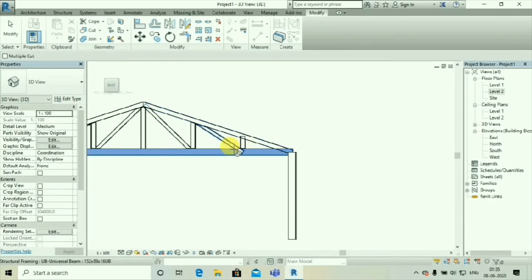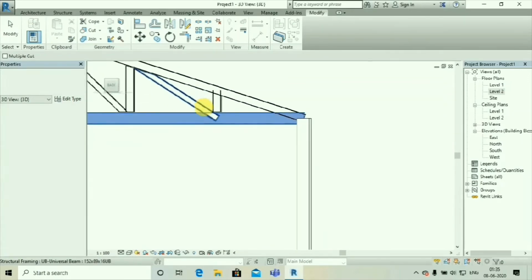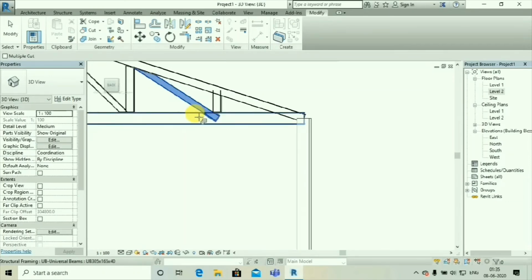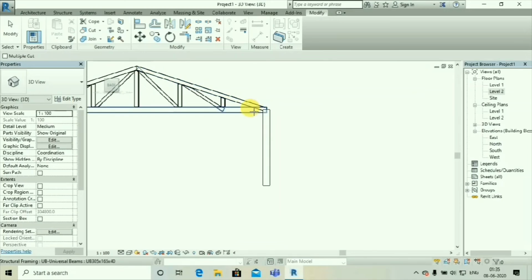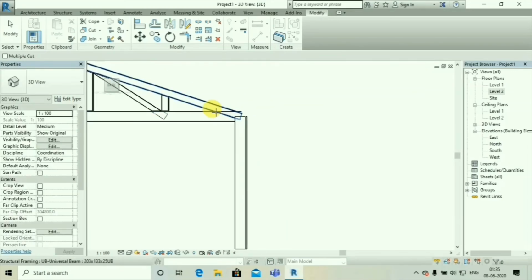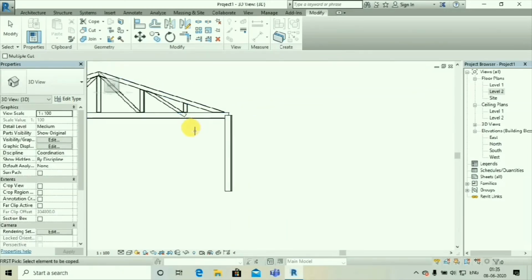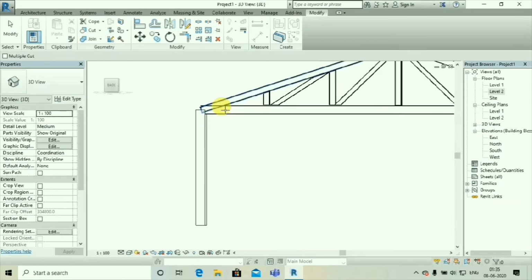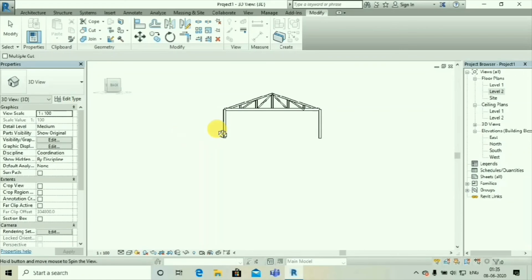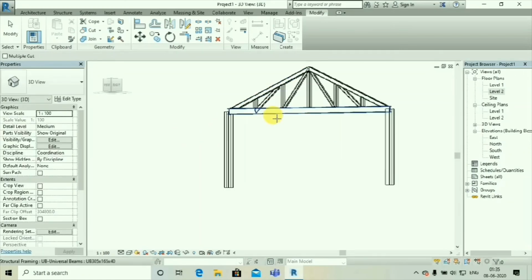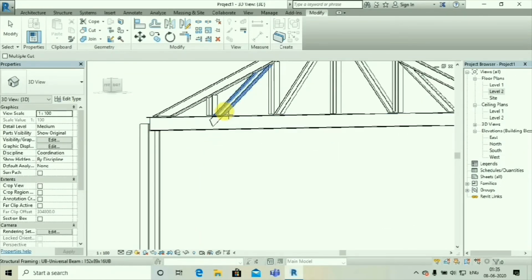Done. Another one left. We can also do this in this part. Here it is overlapping.